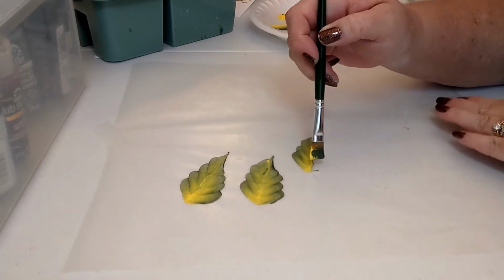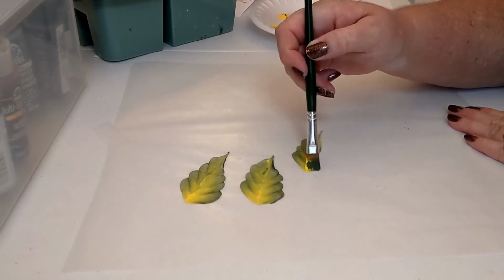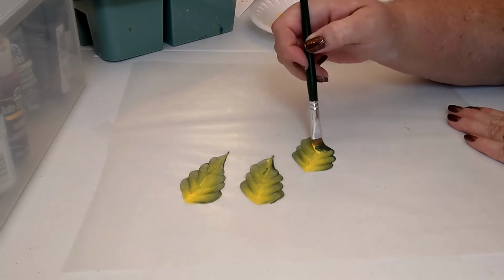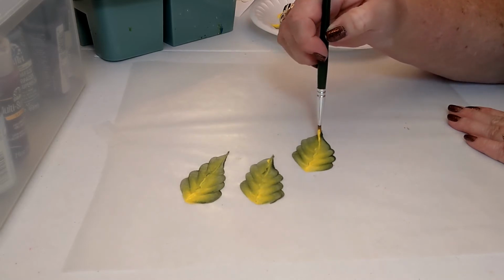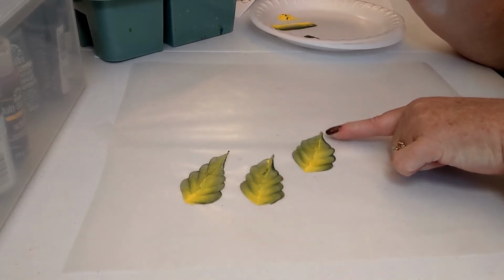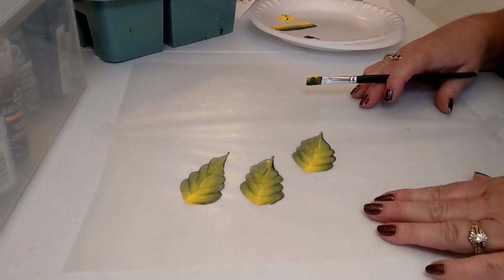Okay, yellow's in the center, my green is on the outside. We're going to start right on that mark that we made. Lean it towards you, squish down. We're going to bounce up, down and up, down and up. And when we get about here, we're going to start sliding as we lift and come meet at this point and lift up. Okay. All right, so the one thing that's going to make this easier, guys, is just practice